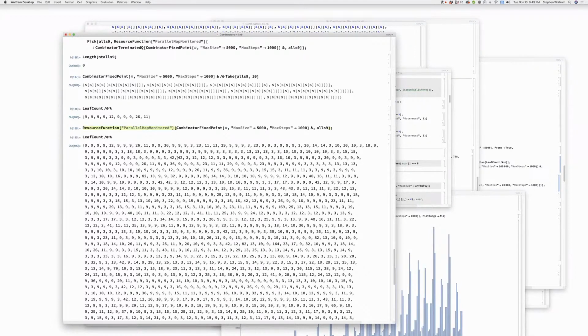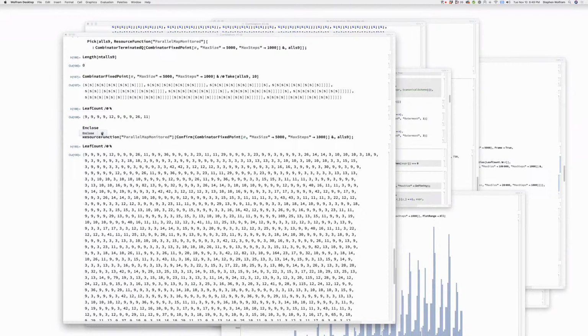Okay, so what we want to do is we want to say if it's a failure, what's the second argument of enclose is to do the... okay. All right, so then what we want to do here is